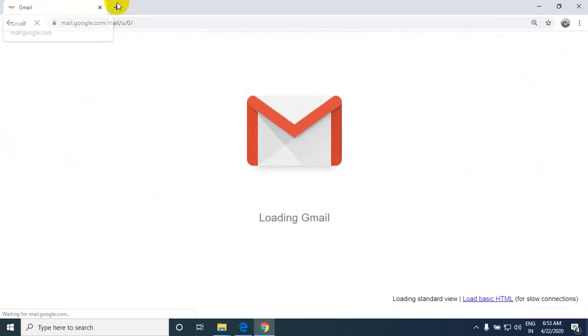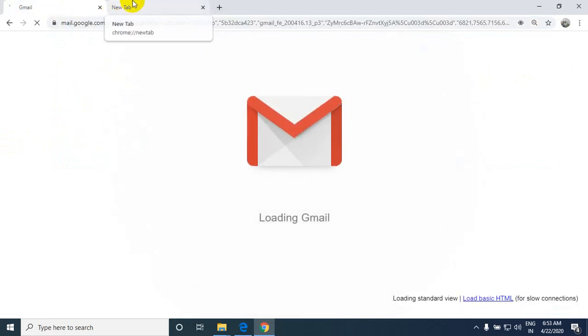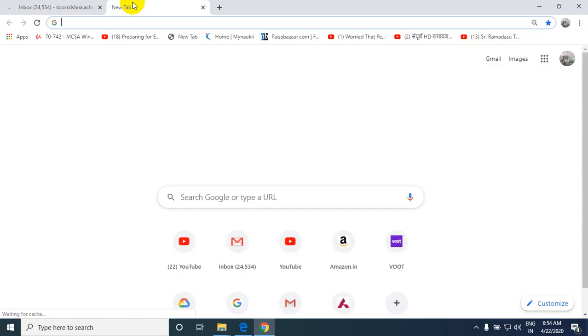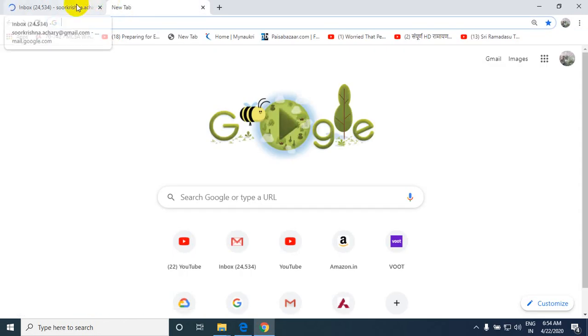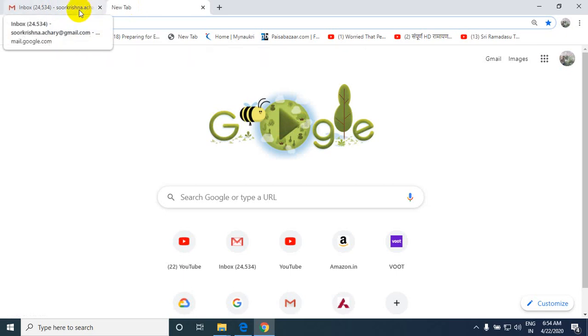You have to give your email ID and password as usual to log into your Google Mail. So this is the very basic and the primary requirement before creating the Google Cloud account. So the first step is you need to be ready with your Google email ID or Gmail ID with password and your credit card details.